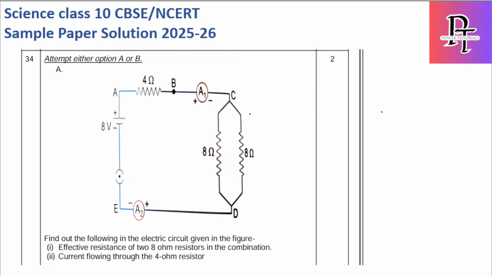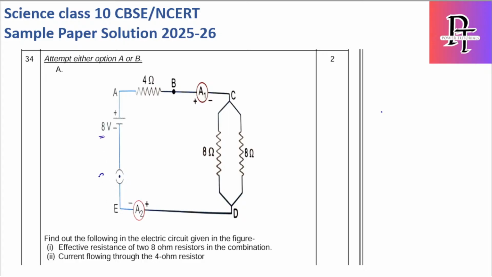And here it is an option whether you have to solve A or B, and this is a 2 marks question, so it should be very easy one. Let's see what is the question. With respect to the circuit, I have a voltage source 8 volts, I have a resistance 4 ohms, I have an ammeter here which is A1, and you have two resistors which are in parallel combination. Okay, 8 ohms and 8 ohms between C and D, and then I have another ammeter which is A2 here,